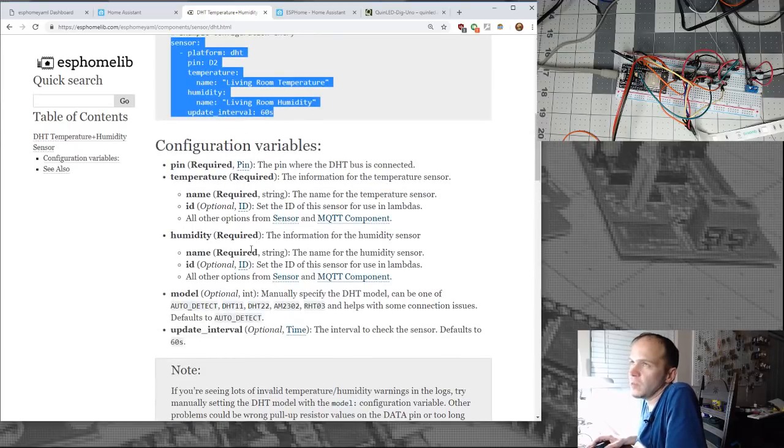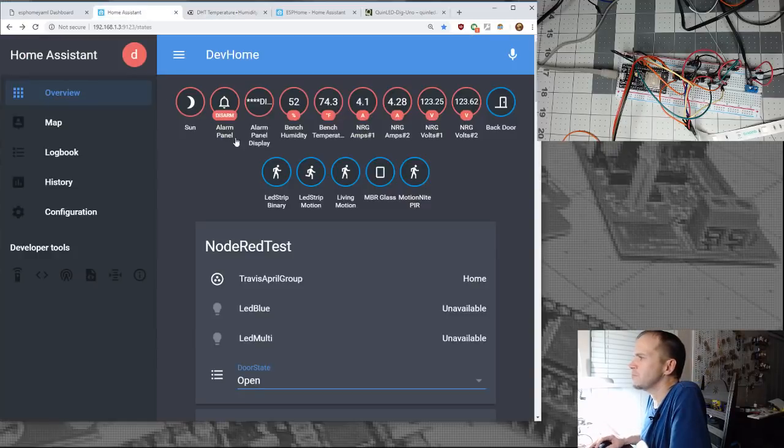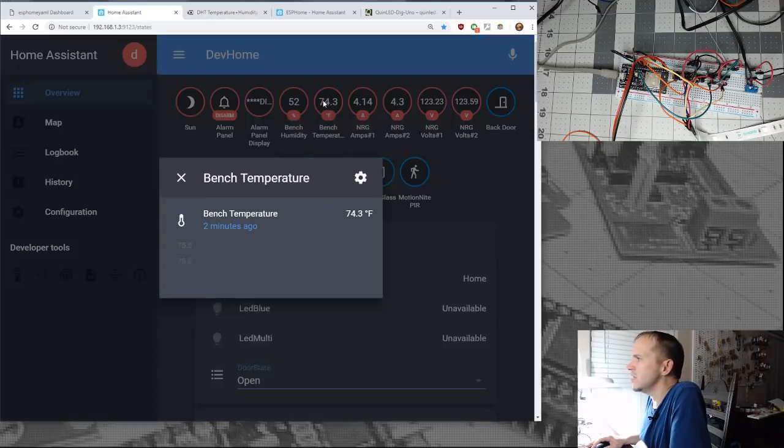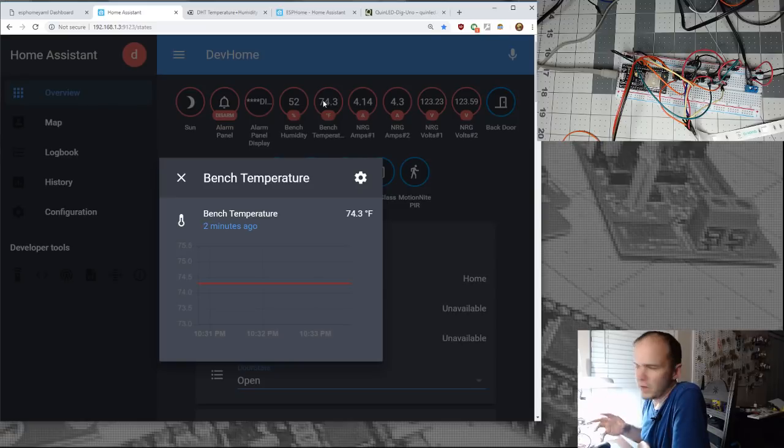I know in Tasmota there's a set option to change Celsius to Fahrenheit, but I'm fine letting Home Assistant drive it based on what you have your system set to, Imperial versus metric.